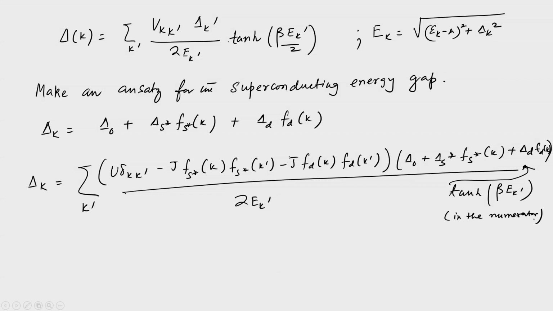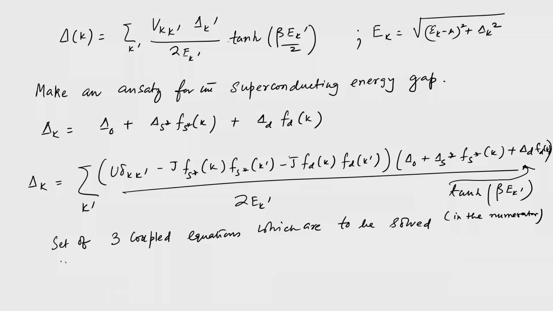It is a highly nonlinear equation, and there is no way other than resorting to numerical techniques for solving this equation. But the good part is that you will also have to write this delta k in this part of this equation, and then use the Fourier trick, that is, you try to write down these equations which are coupled equations, basically a set of 3 coupled equations, which are to be solved self consistently